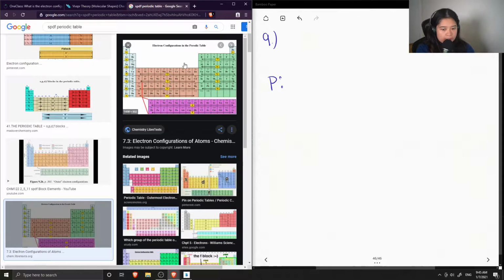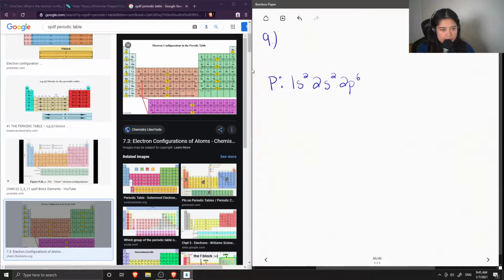So let me just quickly show, starting from hydrogen, we have 1s2, and then going down to lithium, 2s2, and then moving across, 2p6, and then 3s2, and then up to phosphorus, we count 3p, 1, 2, 3,